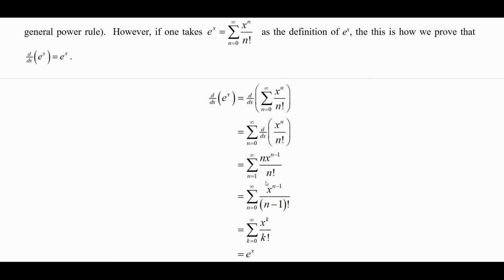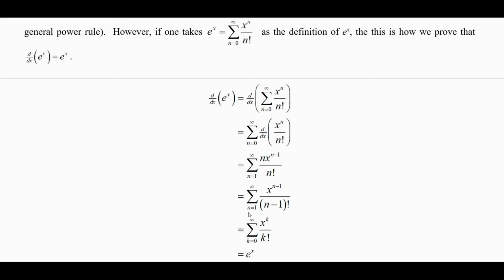Well, we have, notice that when you do this, the sum actually now starts at 1 to infinity because that 0th term, the derivative was just 0. So that term just goes away. So really we're only left with terms 1 to infinity, not a 0th term here. Okay, well, now what do we get? We get x to a power, all the powers there, n minus 1, and the same n minus 1 factorial